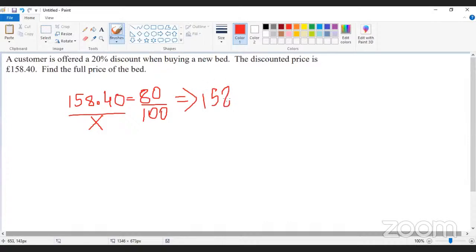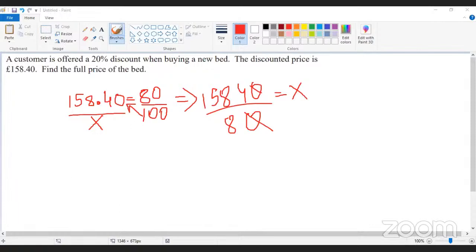So 158.40 divided by 80. That is because of cross multiplying. How is this decimal removed? Because you have multiplied it with 100. So 158.40 times 100. So 1584 divided by 8. Yes. 15840. That's the total price after the discount has been deducted. Yeah, it is the discounted price. It's given in the question. It's the discounted price. That means